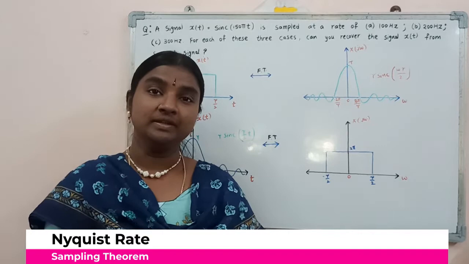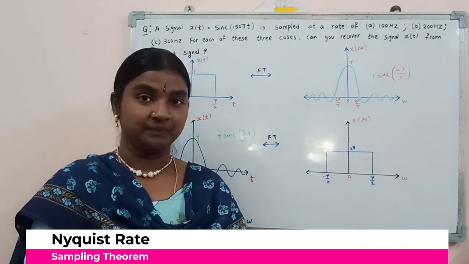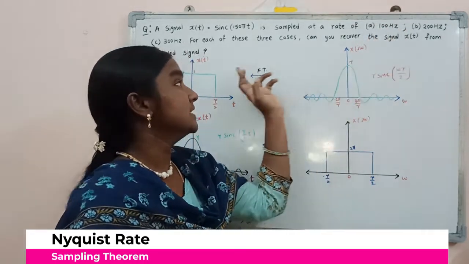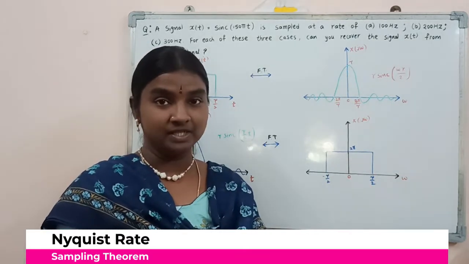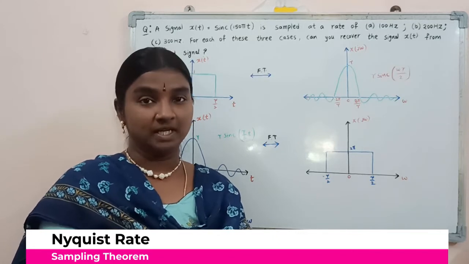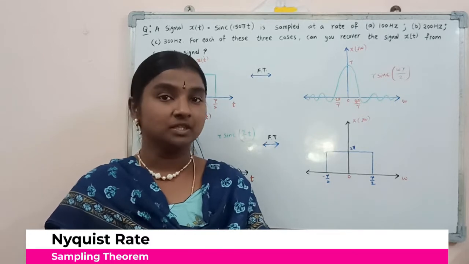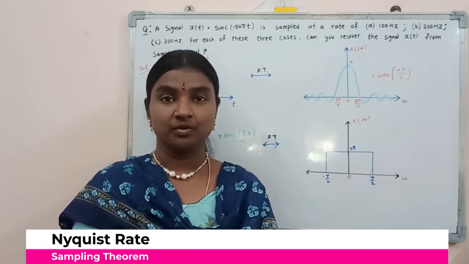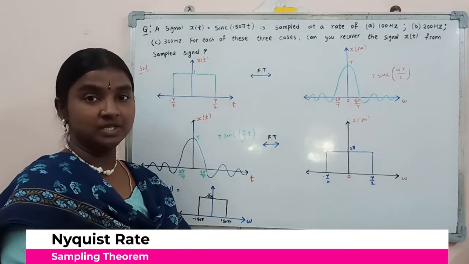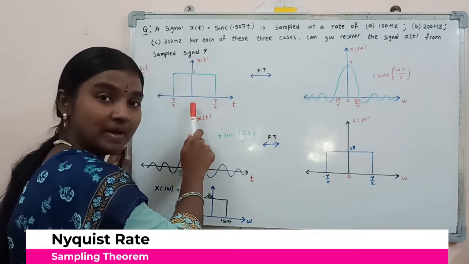So in this question, we have the sampling frequency Fs. They mention the sampling frequencies in three cases: Fs equal to 100 Hz, or Fs equal to 200 Hz, or Fs equal to 300 Hz. With these sampling frequencies, we are going to find out whether we are able to reconstruct the original signal or not. Now, before going to simplify this question, we are considering some signal waveforms regarding the rectangular pulse function